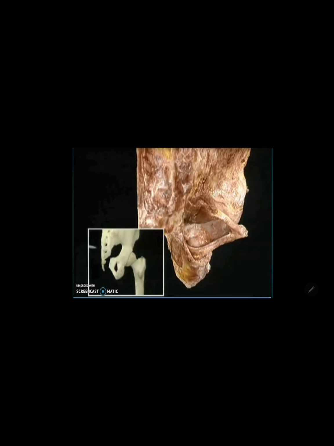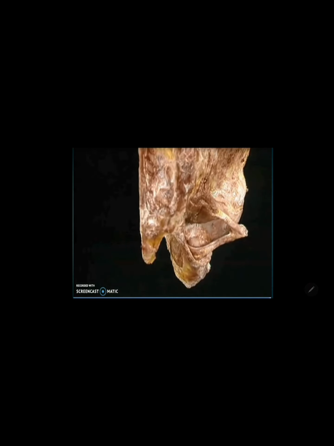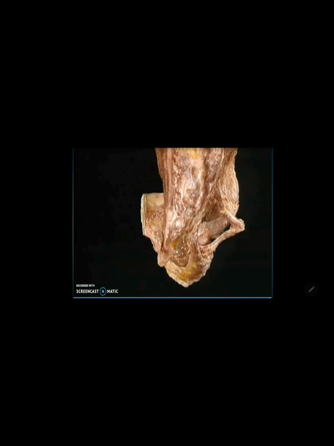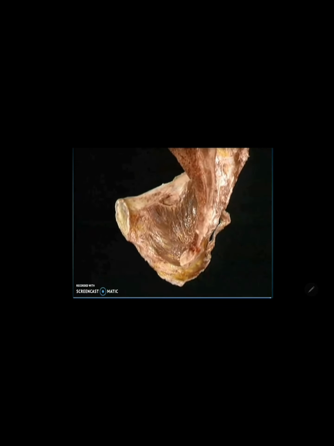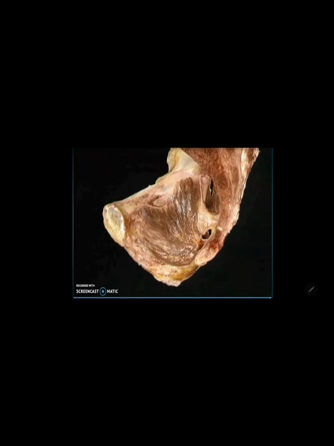You can see there they insert into the greater trochanter of the femur